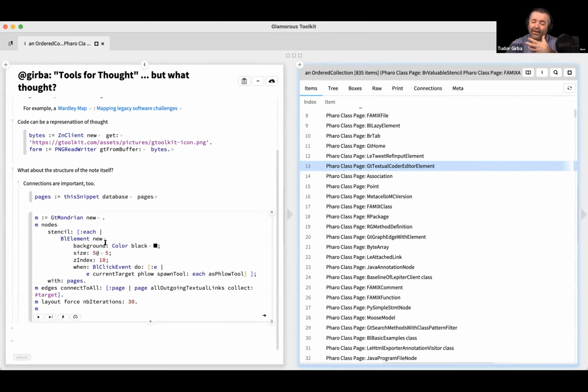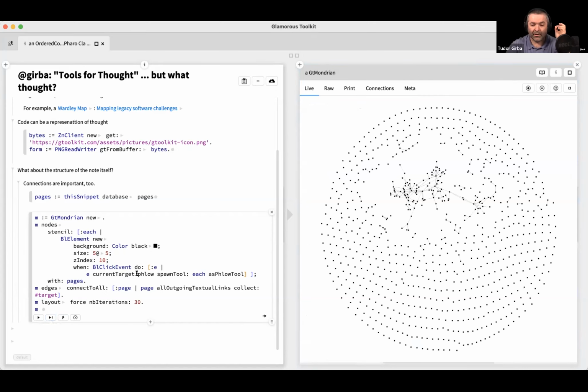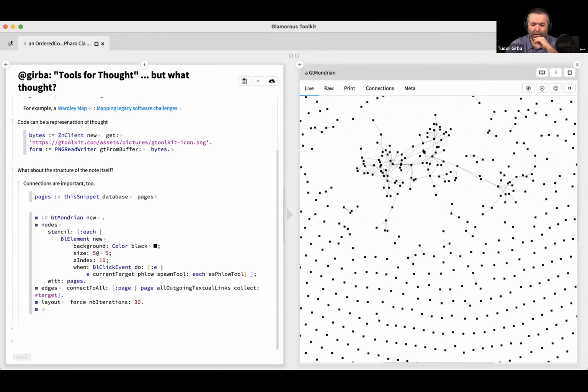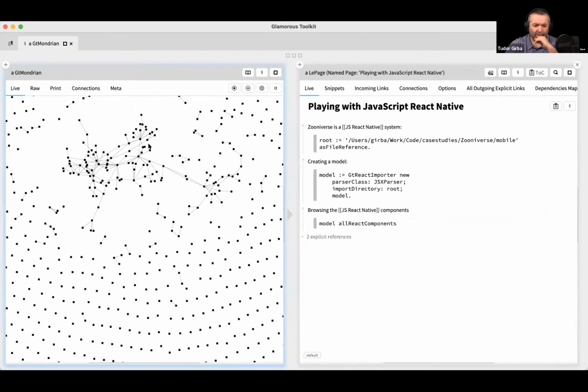But then of course, if I can get access to those objects, I can also go and play a little bit with them and transform the way I look at these objects. So instead of looking at them as a list, I'm now going to look at them through a visualization. And then of course, here now, this is a visualization. So I can maybe go into one of those and see, okay, these are pages and their connections. So if I click on some of these, I can see what are the interesting nodes. And I'm just playing with this.